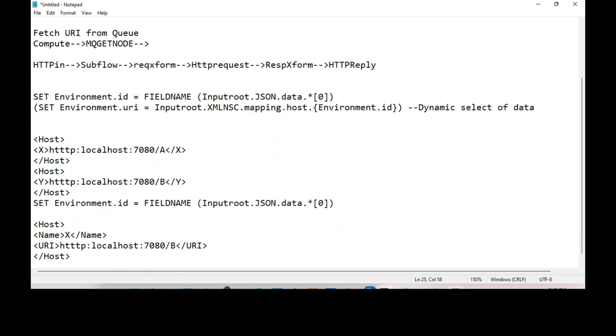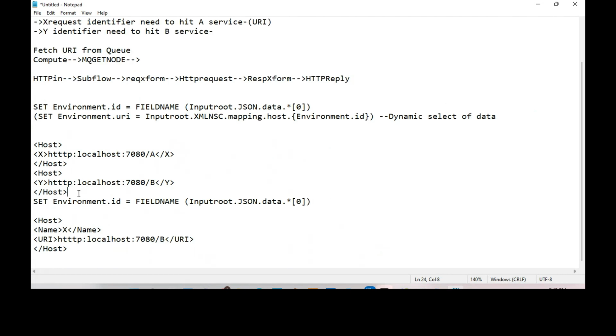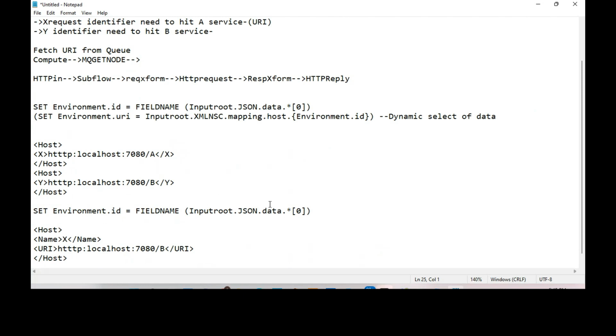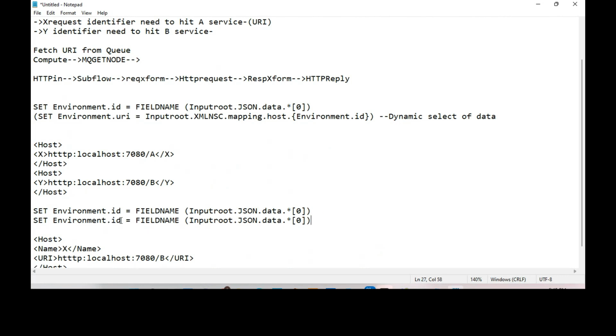Press a new line a few times, and then paste that value. Now the second line for this ESQL expression should be set environment.uri. After this, no, ID is required. On the next line, set environment.uri